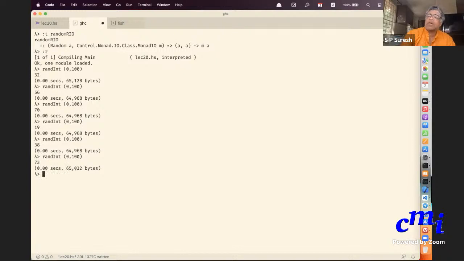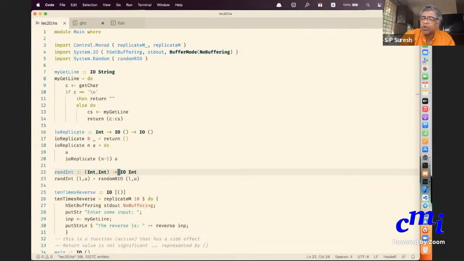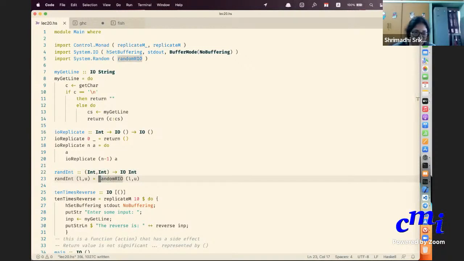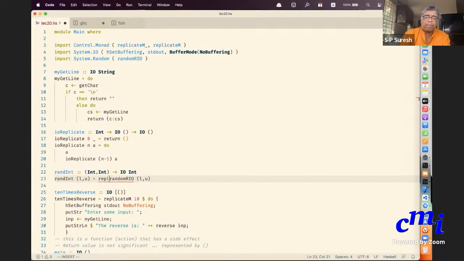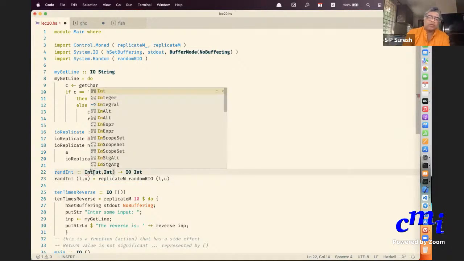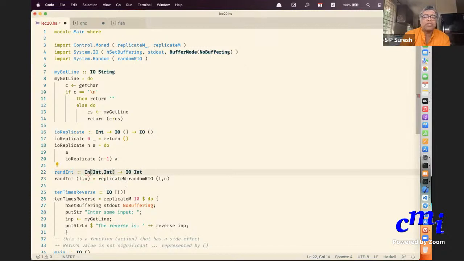But now let's say I want a list of random integers. What do I do? Use replicate M, and I don't use replicate M underscore. There is a return value for each action, and replicate M will collect all the return values. That is what you use replicate M for. Let me not modify this thing.